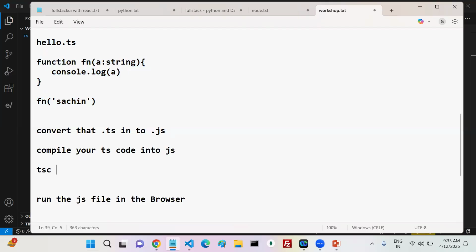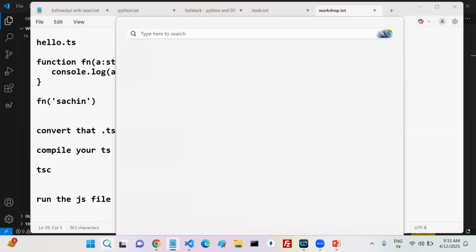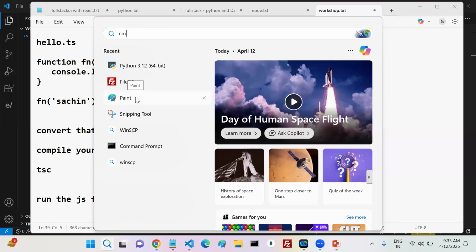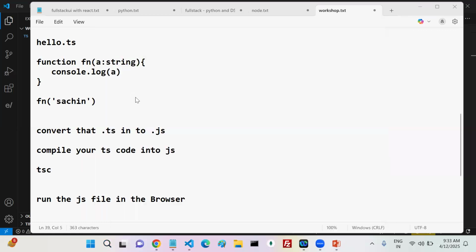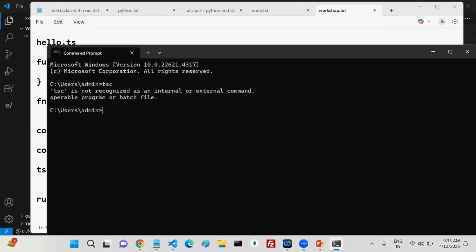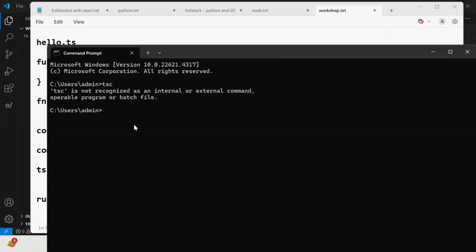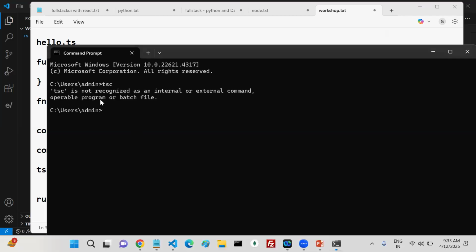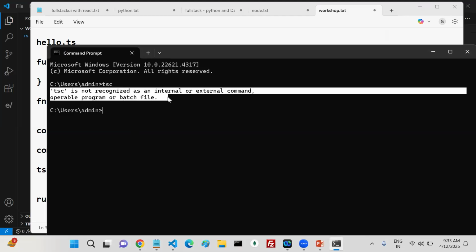So make sure in your command prompt that the TSC command is there. How can we check? Open the command prompt and just type TSC. If you see the message "TSC is not recognized as an internal or external command", you can understand that TypeScript is not available.